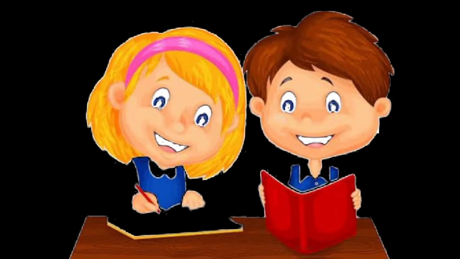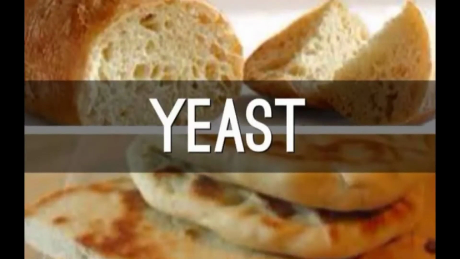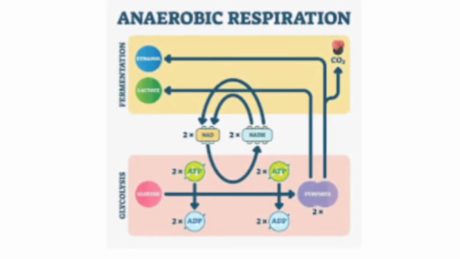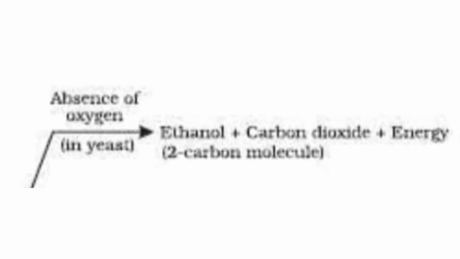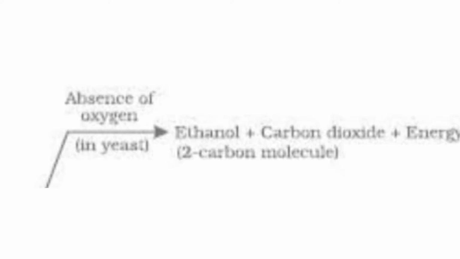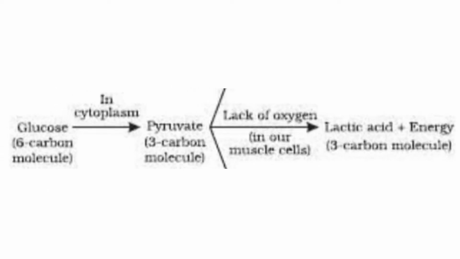Padaku, some organisms can survive in the absence of oxygen, and such kinds of organisms are called anaerobes. Yeast is an example of such a kind of organism. During anaerobic respiration, glucose breaks down into alcohol as well as carbon dioxide, and a very small amount of energy releases. This anaerobic respiration takes place in the plants where alcohol is produced, but in animals, when we do hard work,